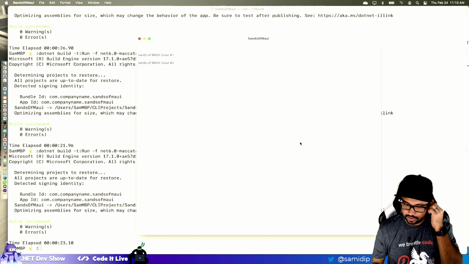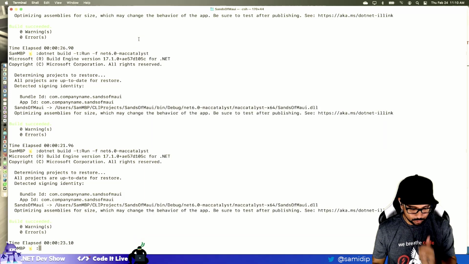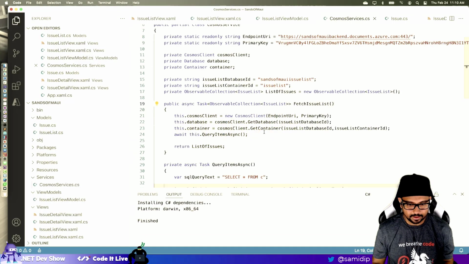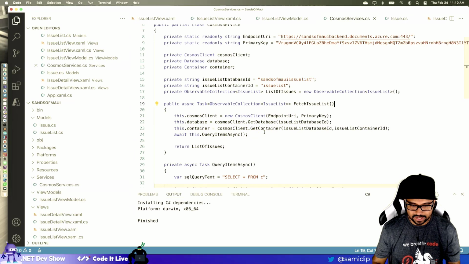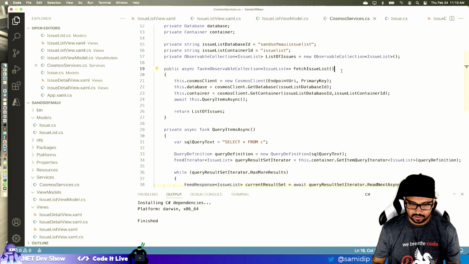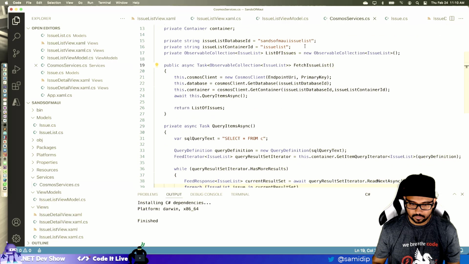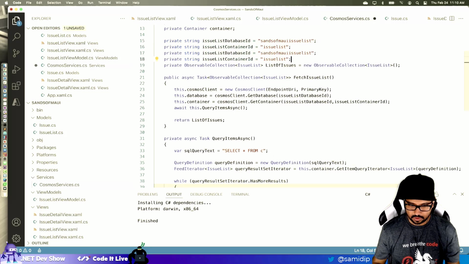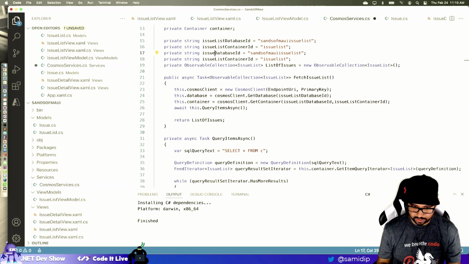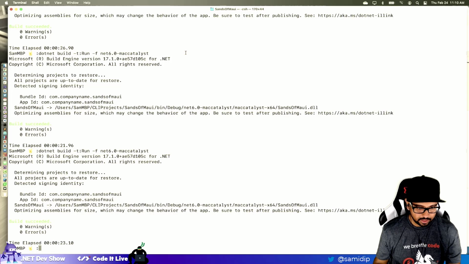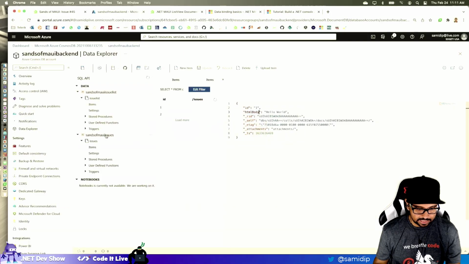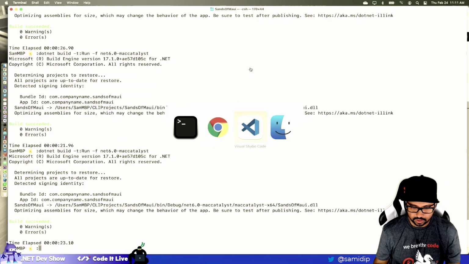Okay, so we are still good. We are pulling back the issue list. Let's now do the next thing. All right. I need to copy these two lines. Now, instead of the issue list, we're going to just call it the issue database ID and the issue container ID. Okay, and those two things are named Sands of MAUI issues.